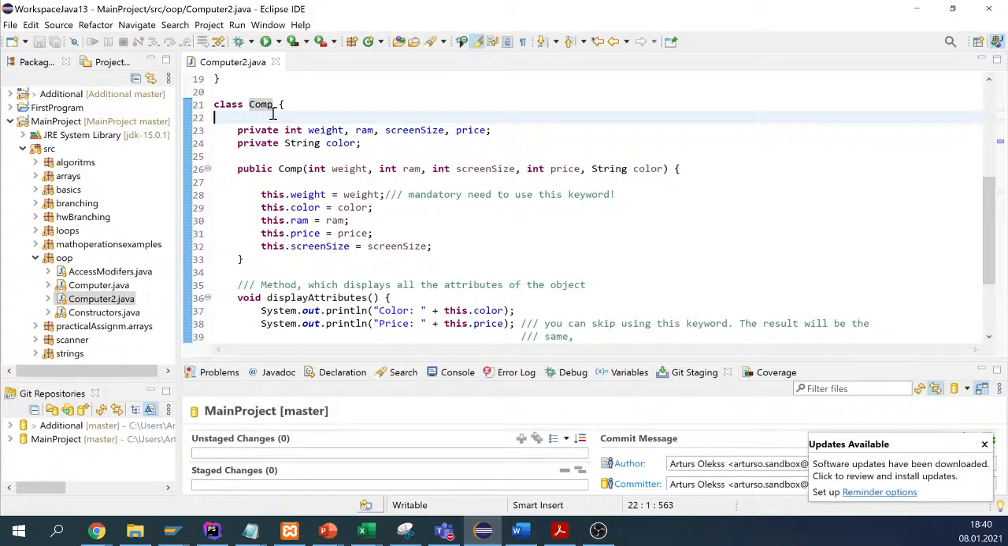Also, I mentioned last time about method overriding. We did not talk about method overloading in general. Not overriding, overloading in general. But